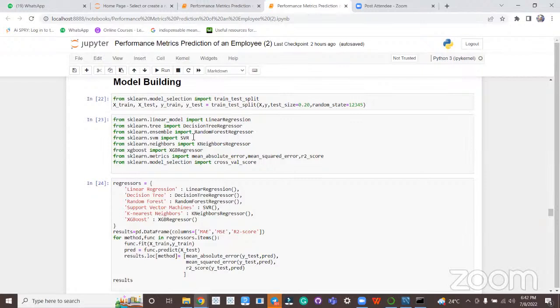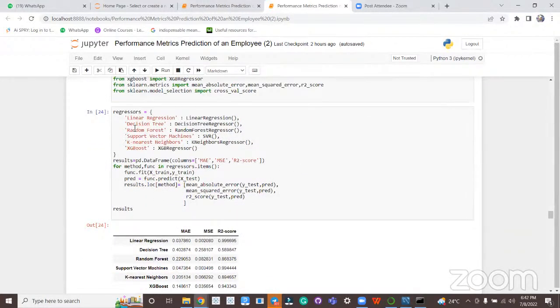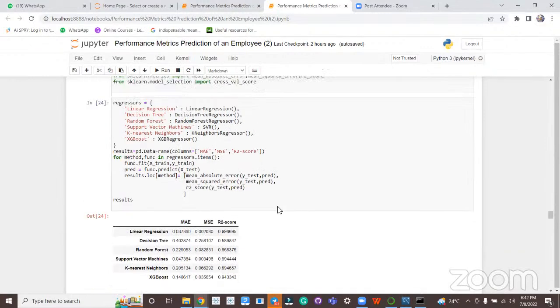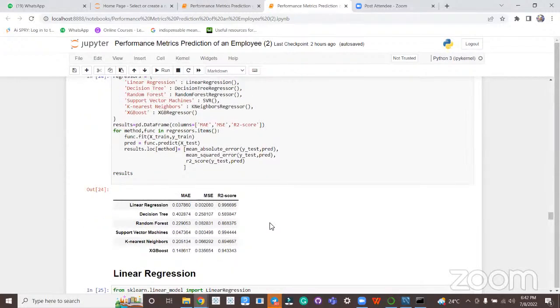We can also see support vector regressor, which is a black box technique. K-neighbors regressor, extreme gradient boosting regressor, and then a bunch of metrics that are captured to evaluate the model. You can see the next cell talks about aggregating the results. This cell is executed upfront to give you a comparison table. Of course, we have to actually develop the code and the models, which is done in the next cells.